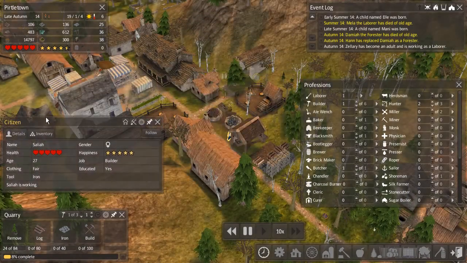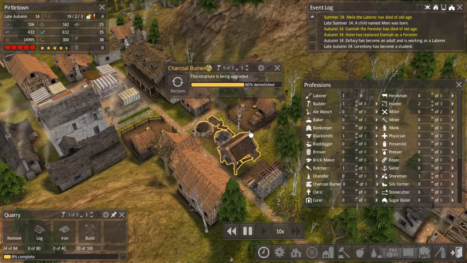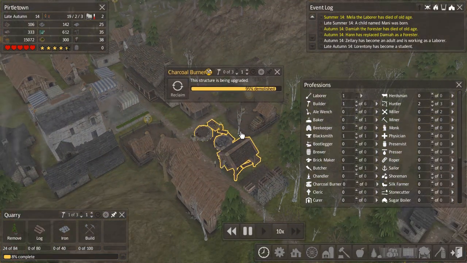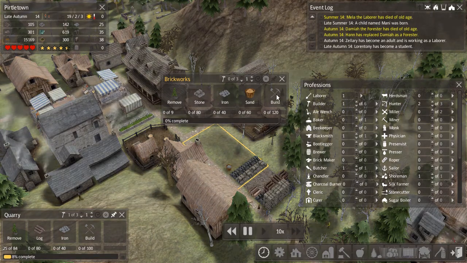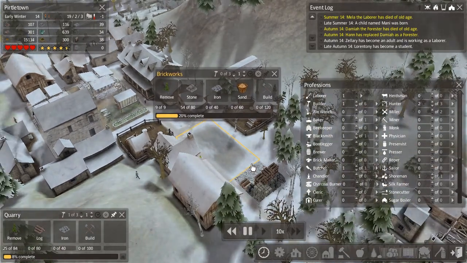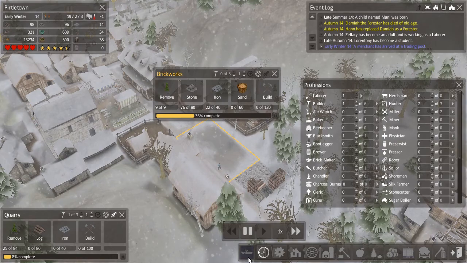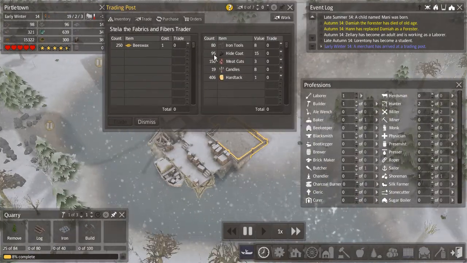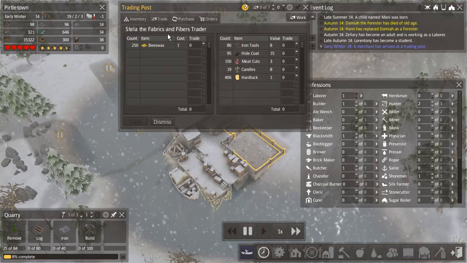Okay, it's working on deconstructing the burner. It's gonna become a brickworks. I guess I'm gonna need a second charcoal burner if I want to run on charcoal instead of firewood. There's certainly a lot of iron needed, but I think we're gonna be okay. Seems like we have just enough iron to deal with that. And fingers crossed this is gonna be a stone trader. Not really. And he doesn't seem to be dealing with that, so...